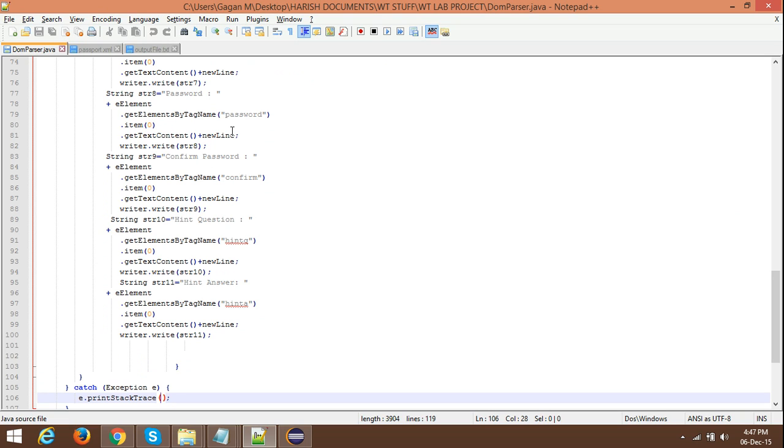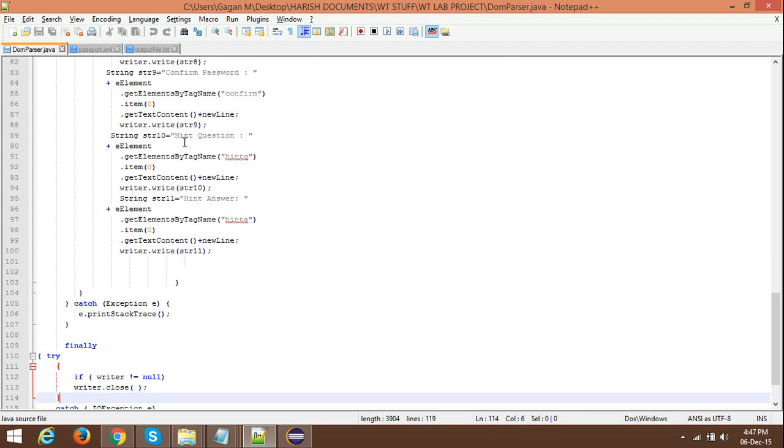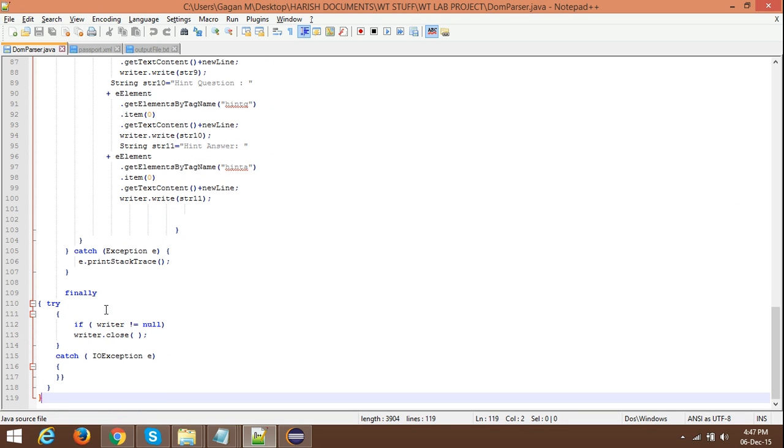This happens for the first loop, and for the second and third loops it will be executed in the same way. If there is any exception, it will be caught over here and traced. And the finally block is executed whether the exception is present or not.